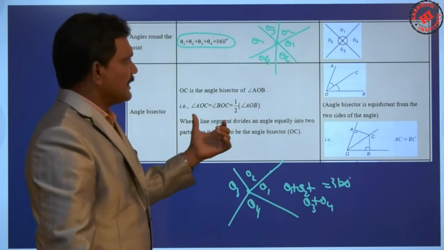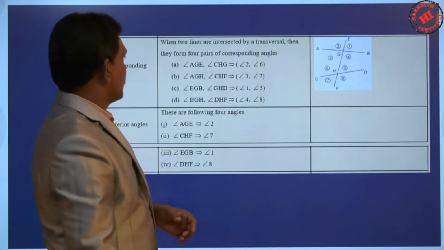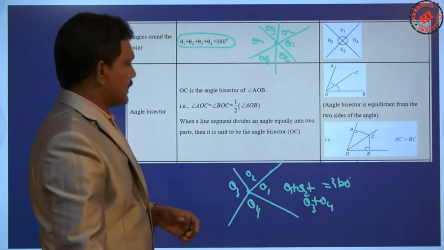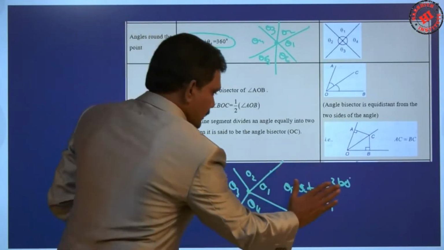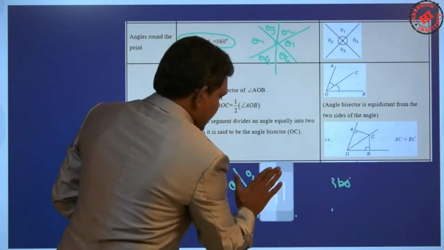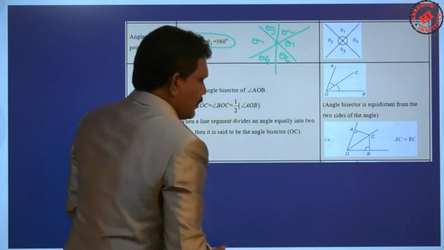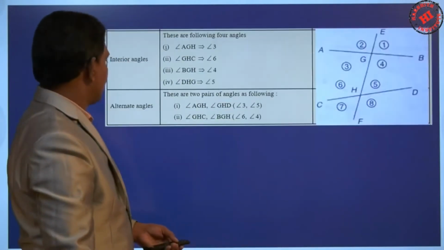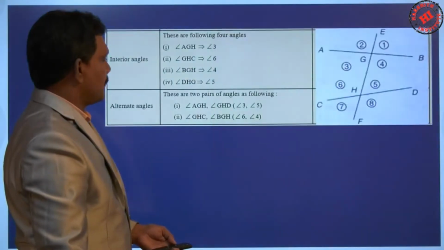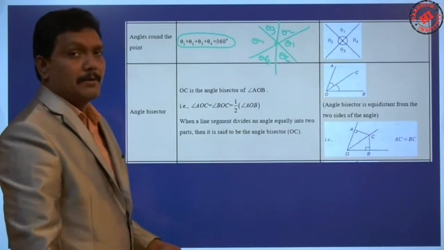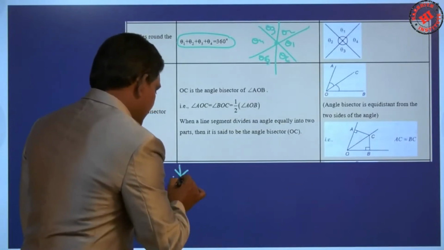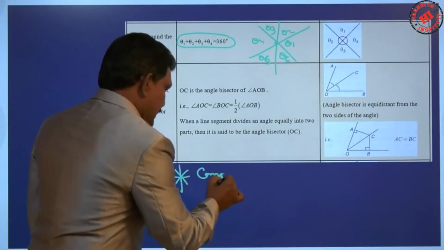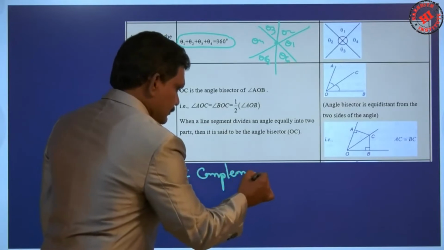Next one. What about angle bisector? Right, students, once we recollect the two very important points: complementary angles and supplementary angles. What about complementary angles? Very important point. So, complementary angles means